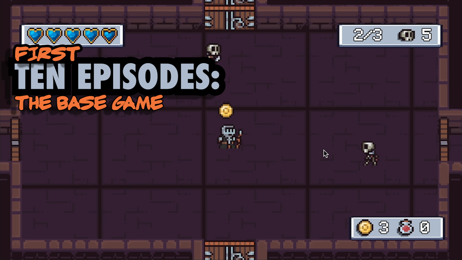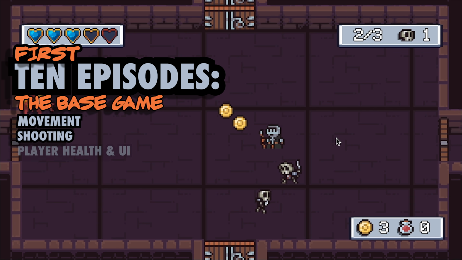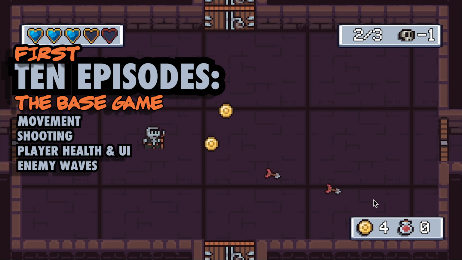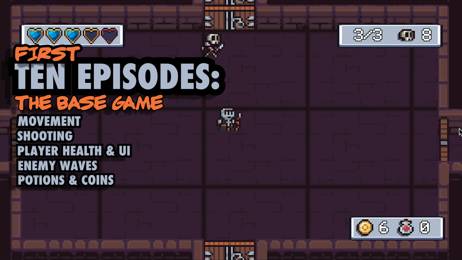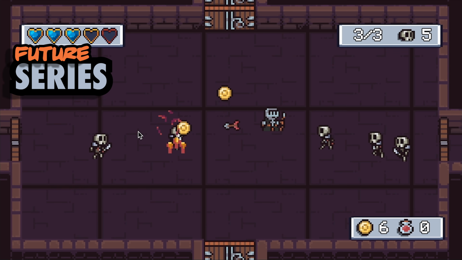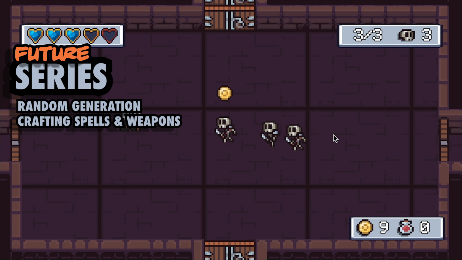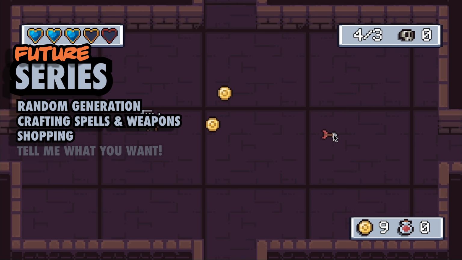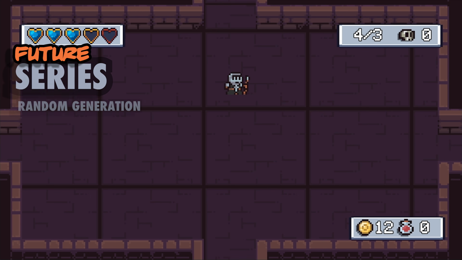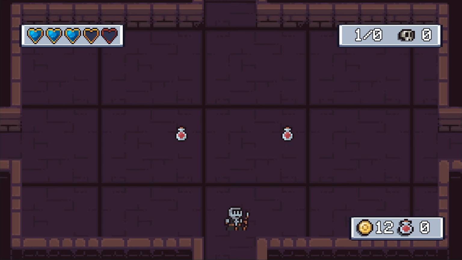During this time, we'll focus on beginner-friendly concepts as we tackle things like moving, shooting, player health, enemy waves, and even some basic items like potions and coins. Once we've built that base, we'll move into more complex topics like random room generation, crafting custom weapons, adding shopping, and more. If you're already familiar with Unity and want to jump straight to the project, you can skip ahead